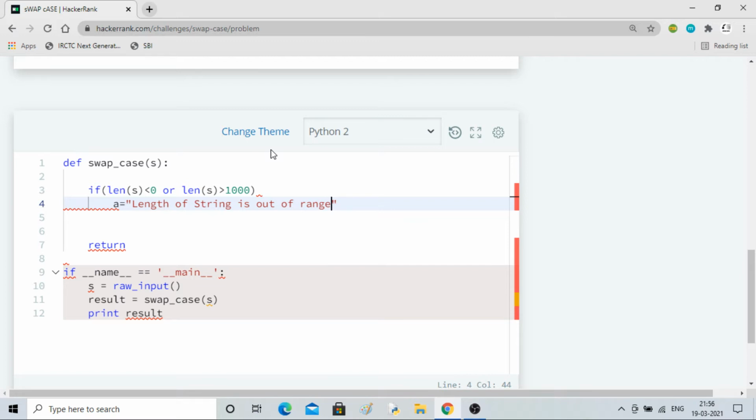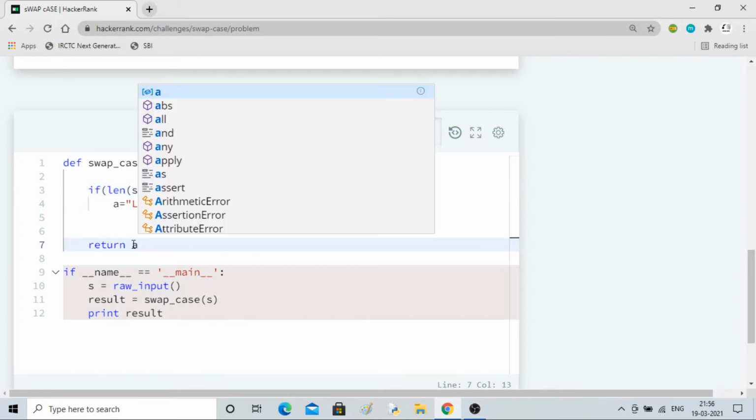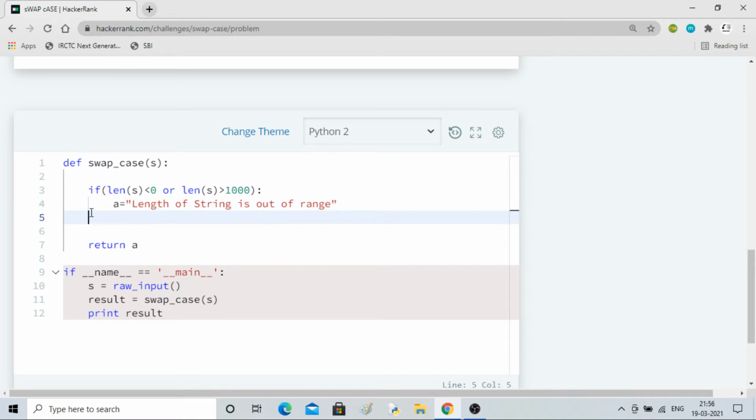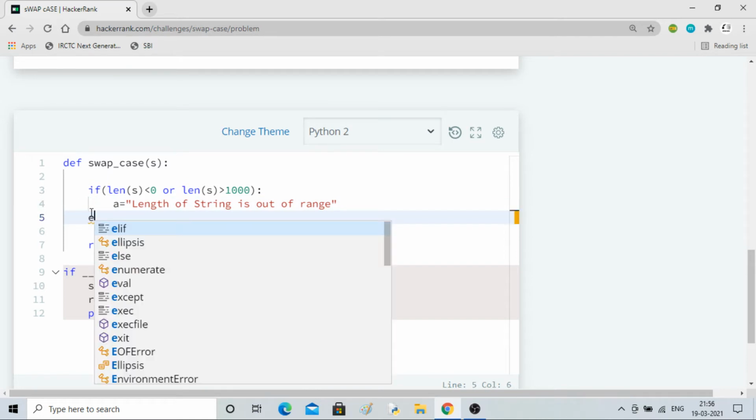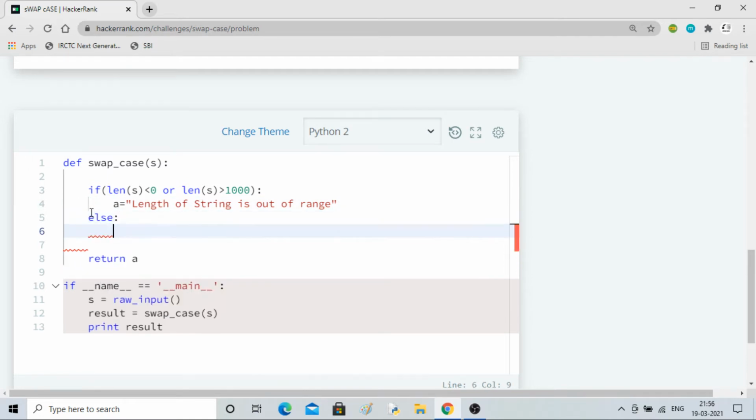Here we have missed a colon. Then we will be passing this as a, the same variable, else we will perform the code.